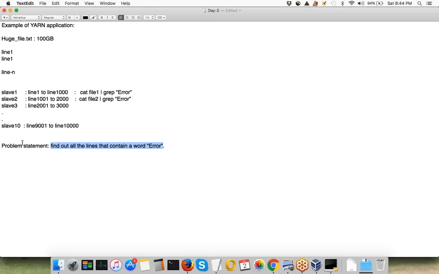So the application that I write will read all this data and filter out all the records which contain error. That application is basically a distributed application, which can run its tasks in parallel on all the slave nodes. So that is an example of an application which can be run through YARN.